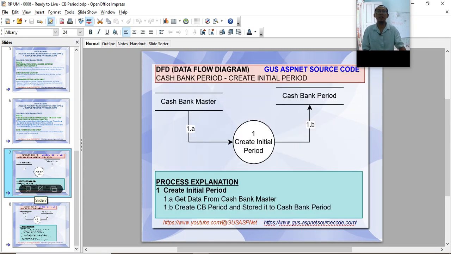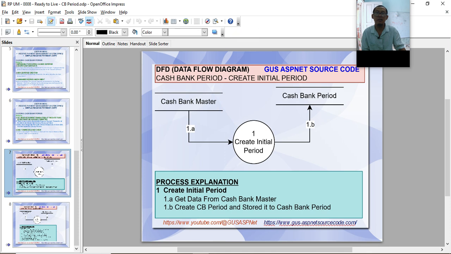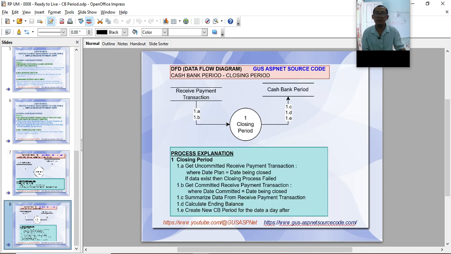This is our data flow diagram. After we create the cash bank master, we have to create the initial period. And the initial period will be stored in cash bank period. I have already demonstrated this, and this is the closing period.